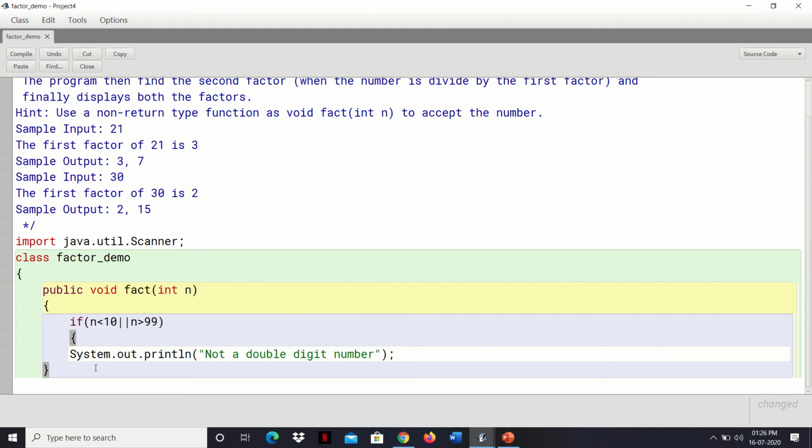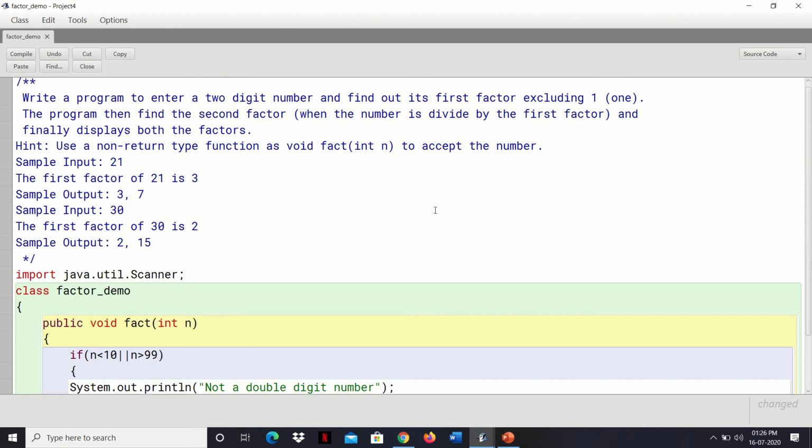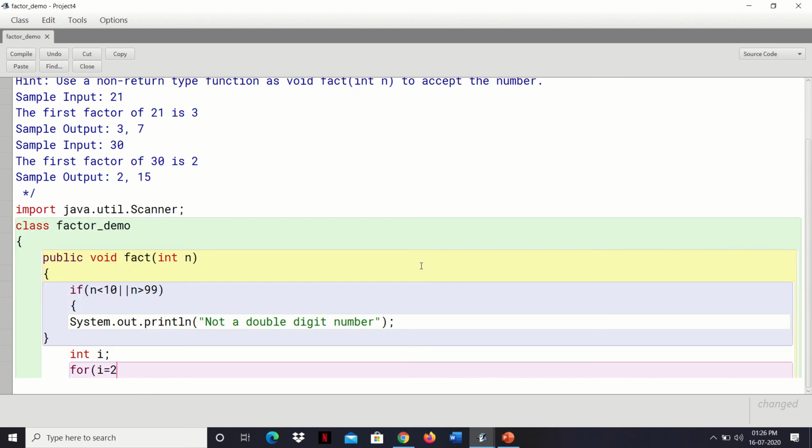Now we'll declare one variable here, suppose i, for the loop. Now we'll write a loop over here. i equal to, we'll start from 2 as it is said in the question, excluding 1. As you know, any number can be divisible by 1. So leaving 1, we will start from 2. i equal to 2, i less than or equal to n, till the number.